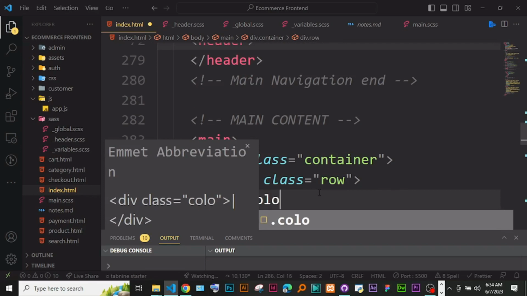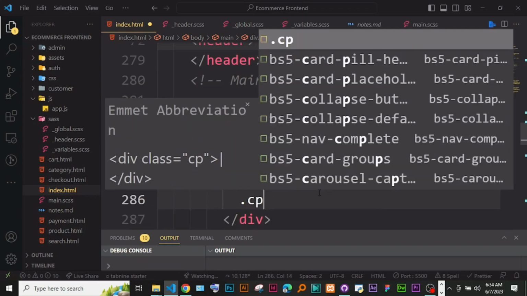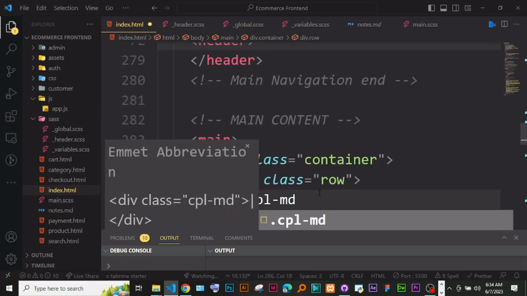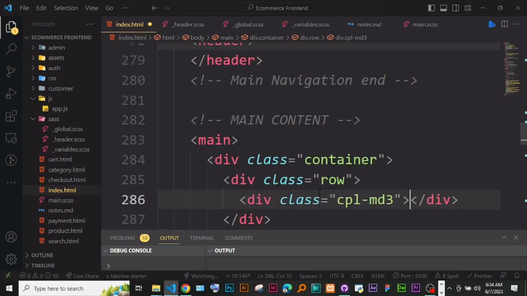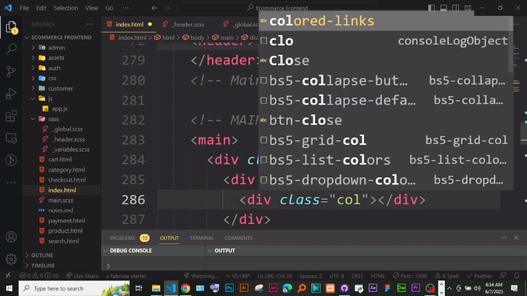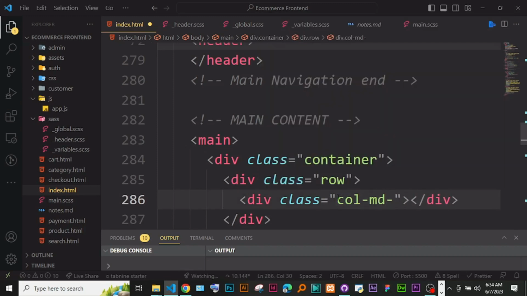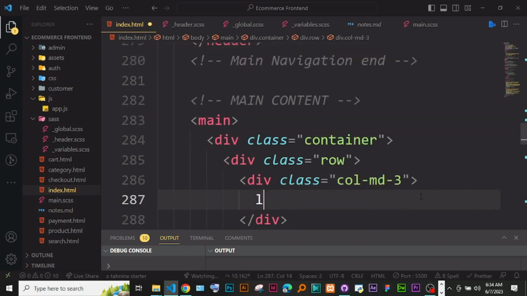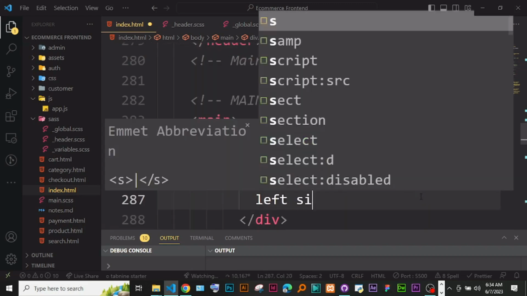So I'll just say col-md-3, it takes 3 parts, and this I'm just going to say this is the left sidebar,